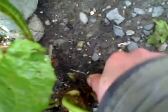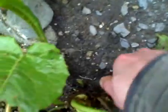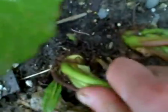Get a really good hold, and don't just pull up. Do not rip it out. You want to jiggle it around, and by moving it around and getting as much of the root base as possible, these two are connected. So by getting them at the same time, and or all three, even though these are three separate plants,